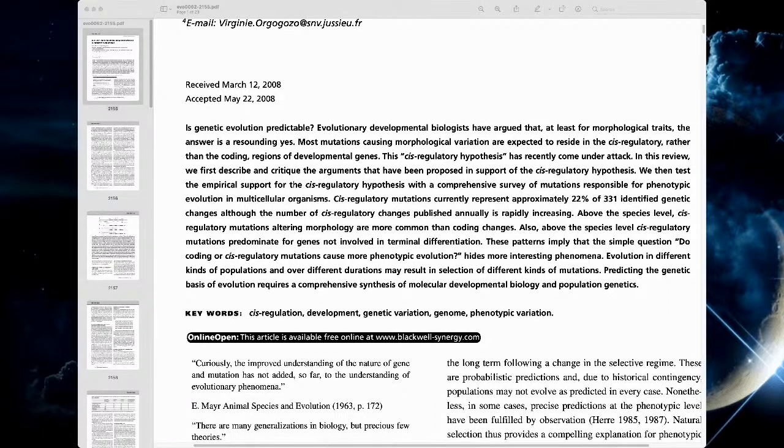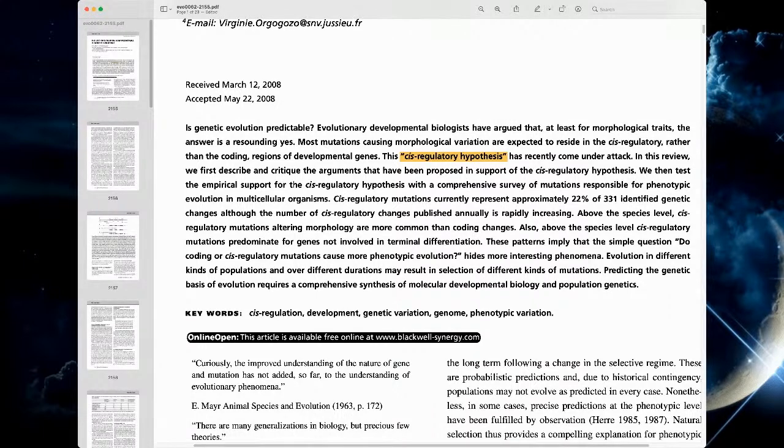This cis-regulatory hypothesis has recently come under attack. In this review, we first describe and critique the arguments that have been proposed in support of the cis-regulatory hypothesis. We then test the empirical support for the cis-regulatory hypothesis with a comprehensive survey of mutations responsible for phenotypic evolution